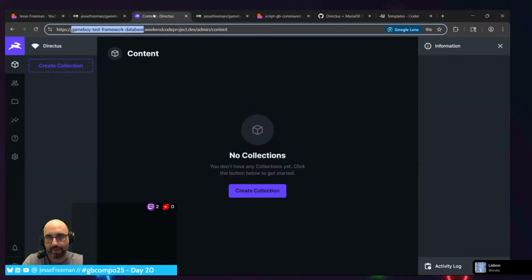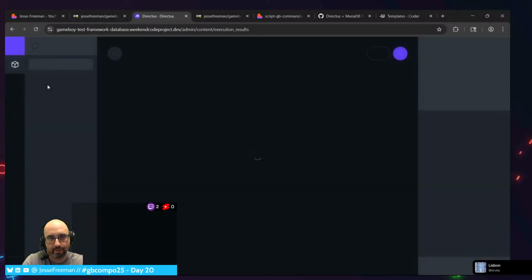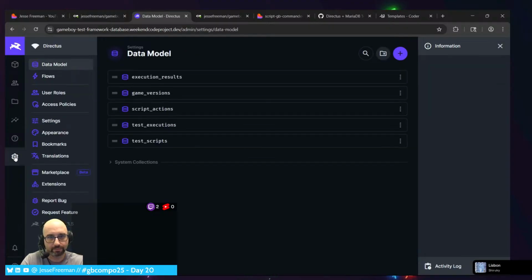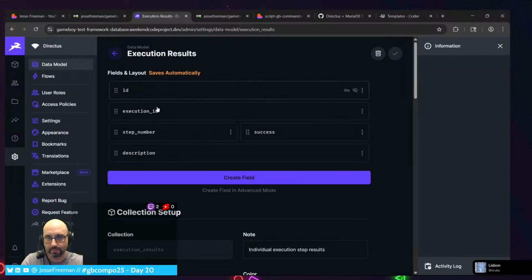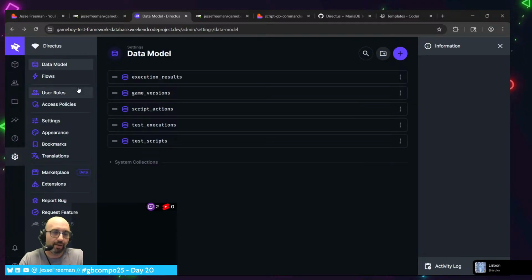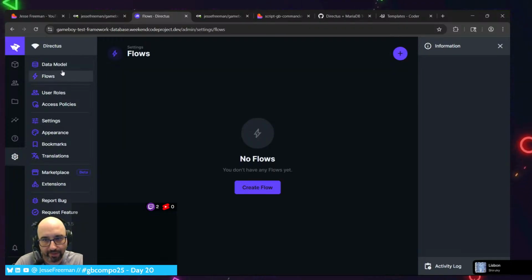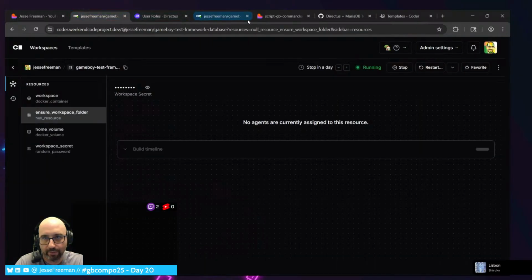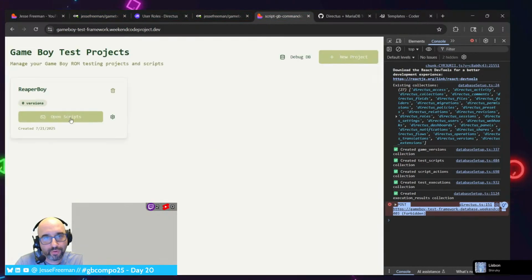What I'm kind of curious about is this is the database. Did it create everything? All right, execution, version, scripts, tests. Yeah, I guess I'm a lot more used to Supabase. This one is a little less intuitive. It looks a lot nicer and a lot simpler, but I'm just not figuring this out right off the bat. But okay, so now